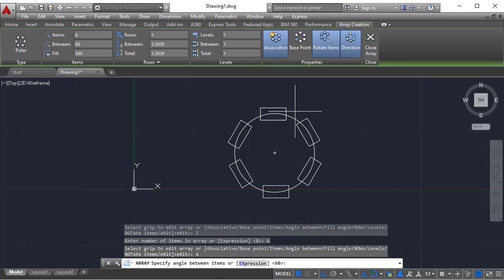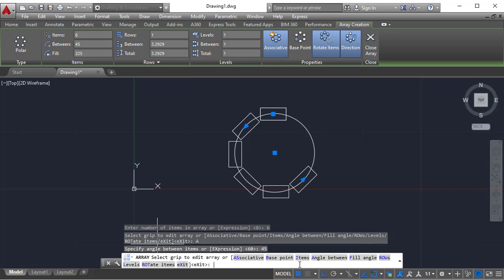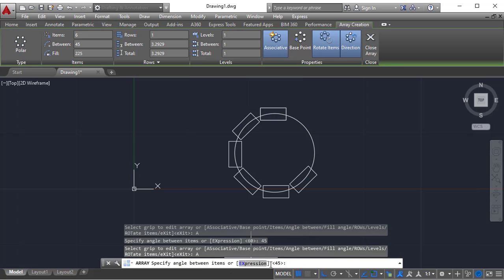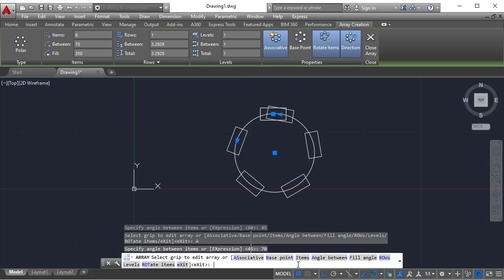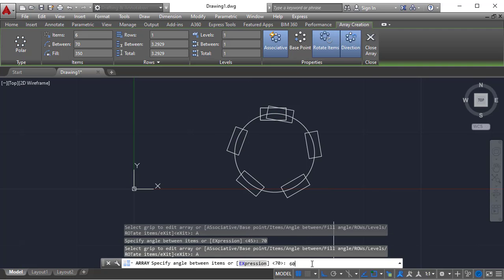So what if I decrease or increase the specific angle between items? I am just decreasing it to 45. The total circle is not filled, some part is left alone. It means we have specified 45, 45, 45, 45, 45 between these objects. We have specified the adjacent angle. Either way you can create angle between, going beyond or less than. Like if I say 70, see, some overlapping takes place. 6 items are arranged at 70 between each other. This way you can create.